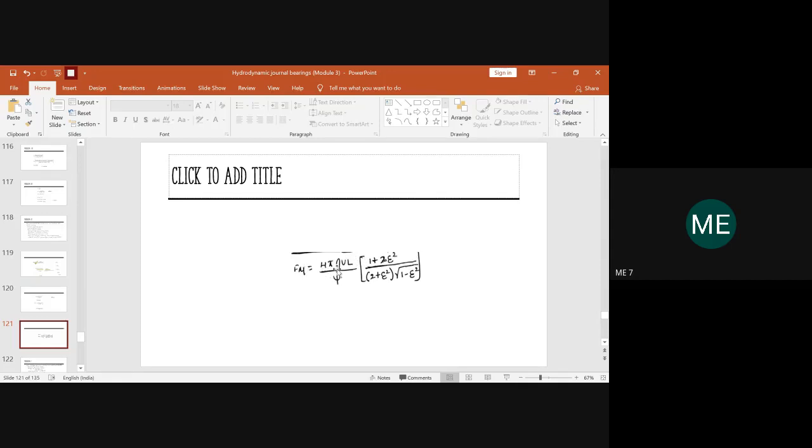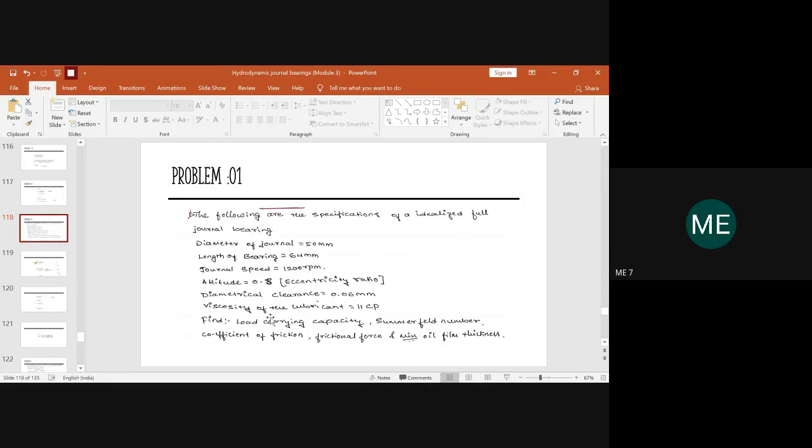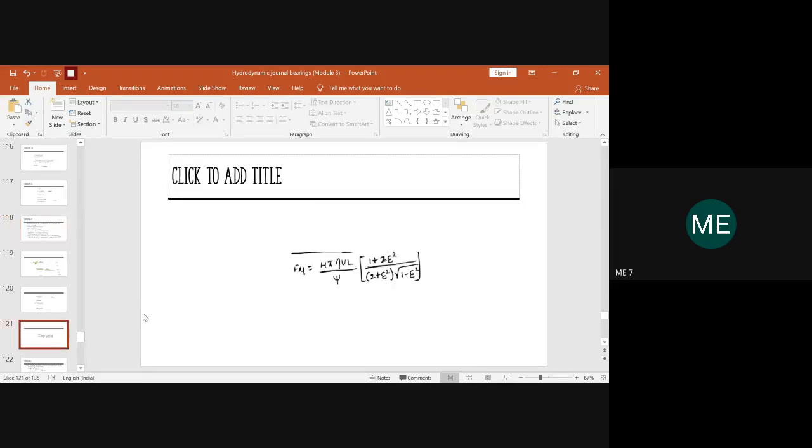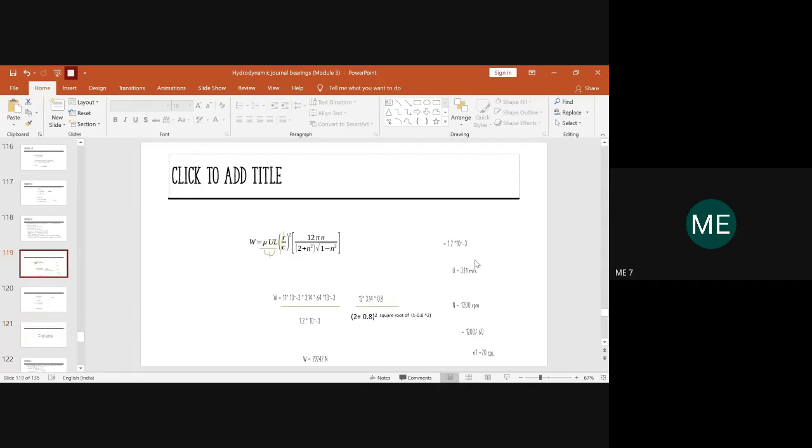Now you have to substitute the value for 4 into pi, and you know the value of viscosity, which has been given. The viscosity of the lubricant is 11 centipoise, so convert that into Pascal second. And the value of U is 3.14 meter per second. We have calculated it already. Substitute all of these in seconds, and hence we changed the value of our speed, which was in RPM, to RPS.